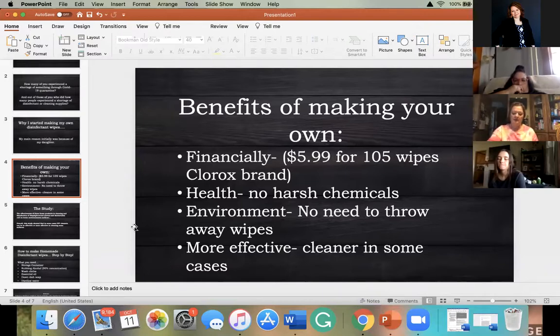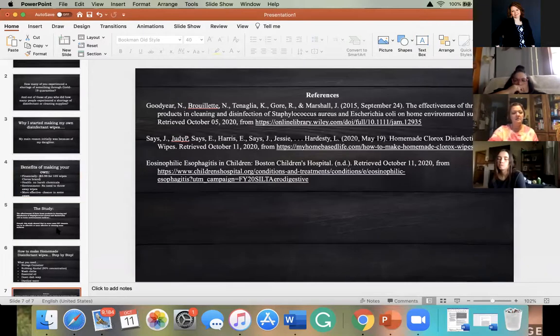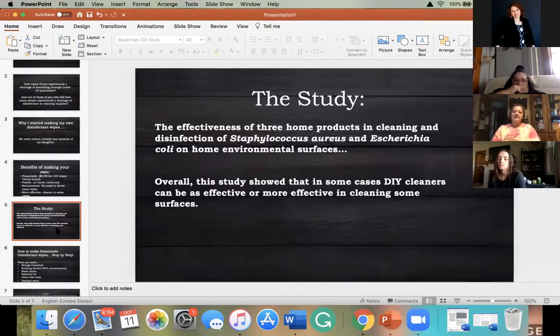And then it will also go on to, let's see. I found a case study. It's called The Effectiveness of 3 Home Products in Cleaning and Disinfection of Staphylococcus aureus and, I'm not sure, E. coli on home environmental surfaces. So basically it took the